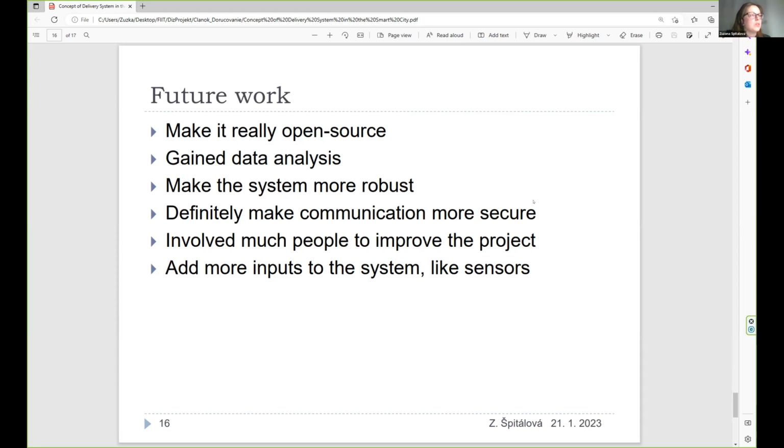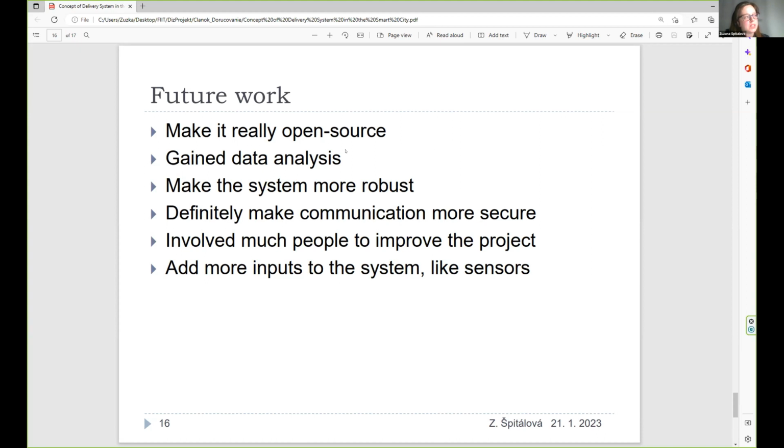And we would like to make this system really open source, so implement it, for example, in GitLab, so the community can also contribute to this system, and thanks to this it could be better done, and also more robust.